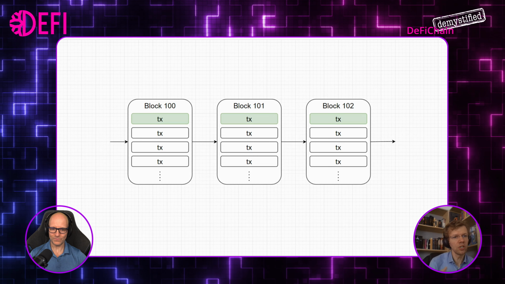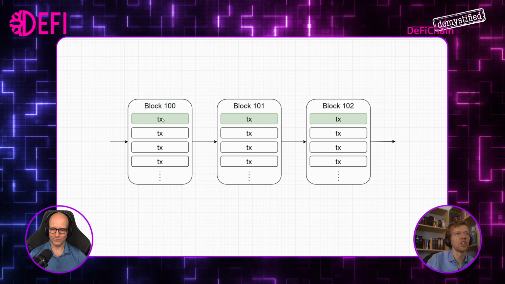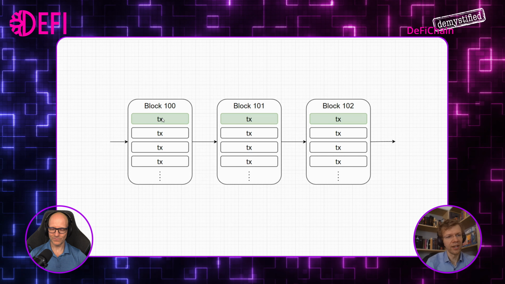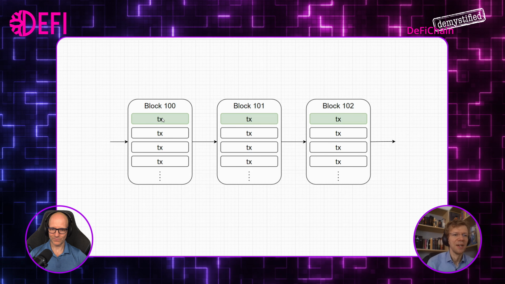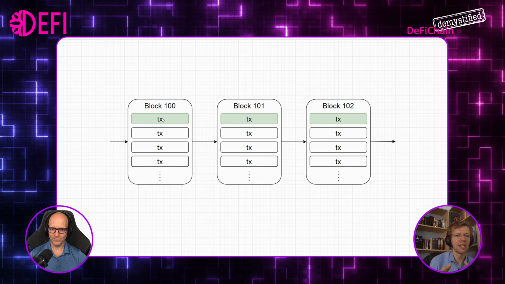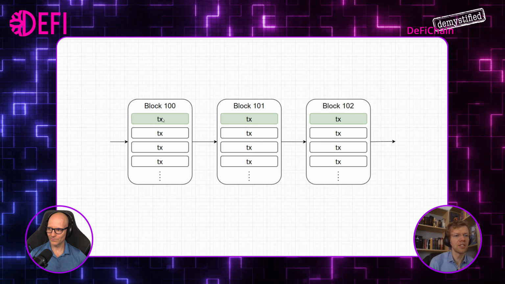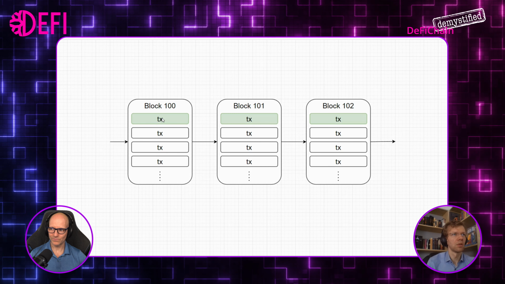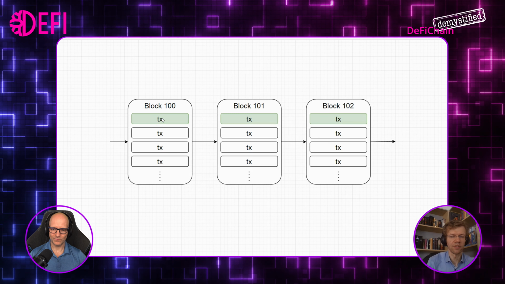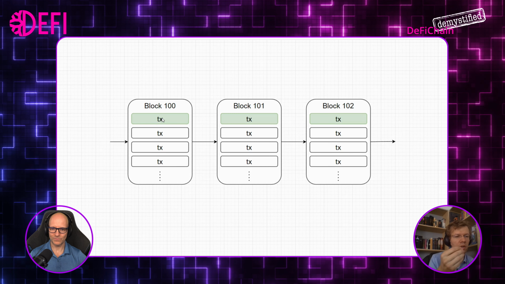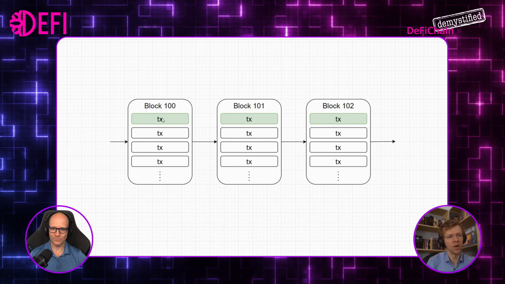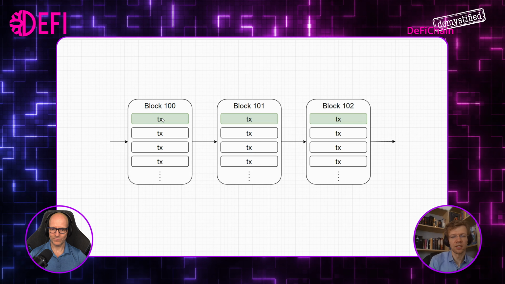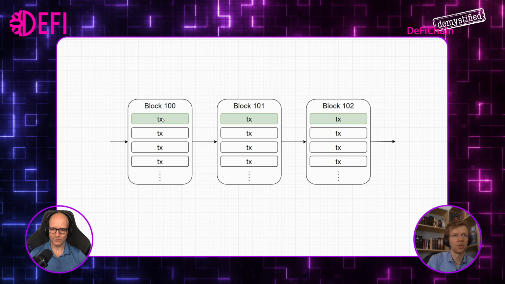One transaction is a bit special. The first transaction in a block is the so-called Coinbase transaction. It has nothing to do with the company other than they stole the name of it. The Coinbase transaction is basically where the block reward comes in. That's the only place where new coins are created when you talk about transactions and the blockchain itself. There you have the reward for getting the block, new coins created in this transaction, and the other transactions are just transactions from one input to the output.